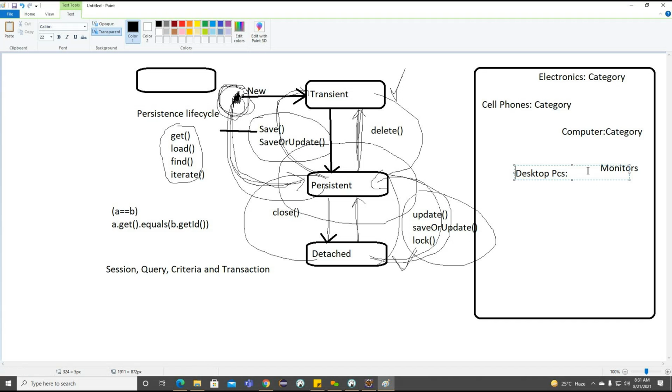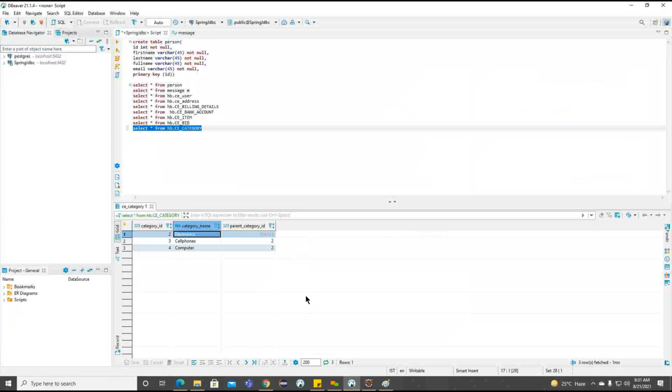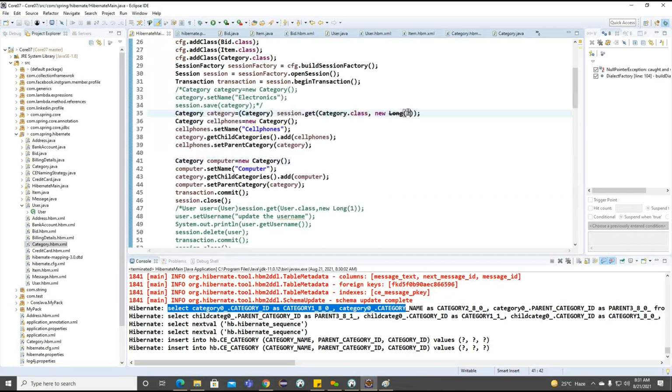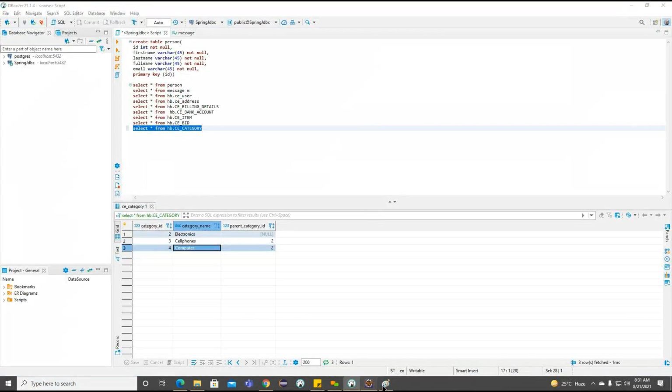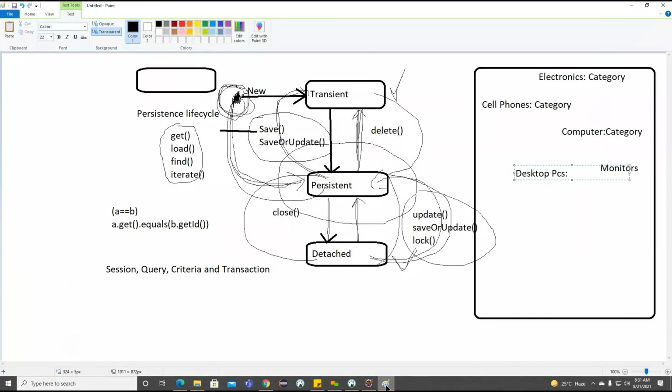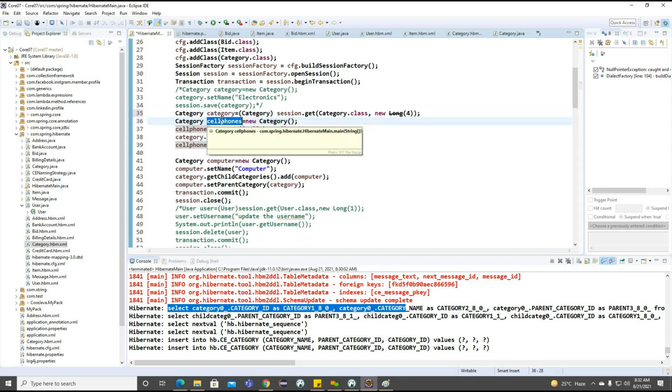Okay. Now what is the ID we want to load? The category we need to load is this particular object here, ID 4. Whenever we load it, we are going to get a computer here. For this particular computer, we are going to make it the parent here. Now if you observe, here I want to give 4 here. So we are going to get the category. So this is the computer category. And sorry, here desktop and monitors. So we'll go for this one, desktop.